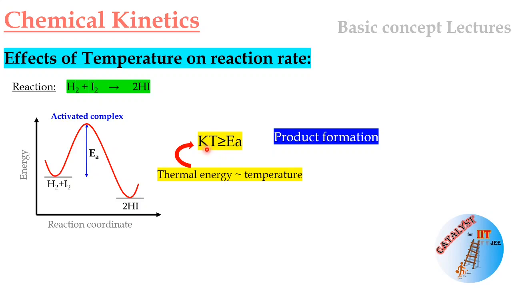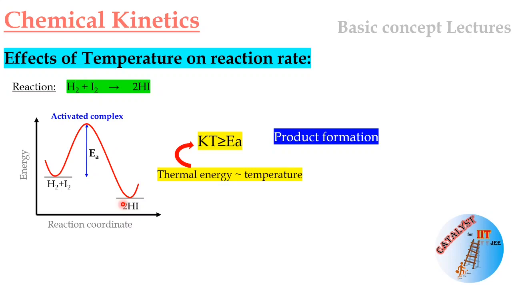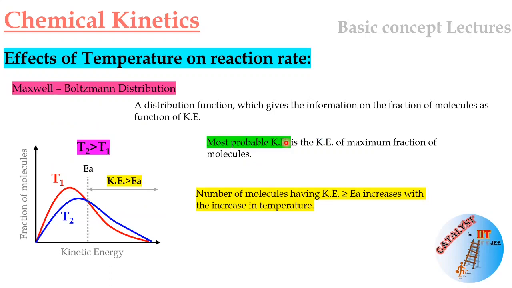This capital K is called the Boltzmann constant. So this kT comes from the room temperature. This is called the thermal energy. Now if your thermal energy is greater than or equal to Ea, that means these molecules can take energy from the room temperature. This molecule has sufficient thermal energy to cross this activation energy barrier. So if these molecules have sufficient energy to cross this barrier, that means they will form the product. Correct? This is very important to understand, because if you have sufficient energy to cross Ea, that will give you the product formation.